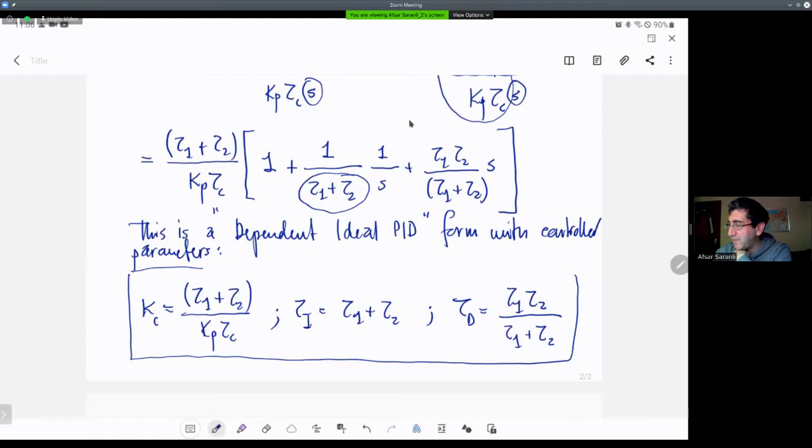So you see that if you don't have any unstable zeros, anything that complicates the matters, in fact, you see that it's very simple to obtain a PID controller from this given second order plant by using this direct synthesis